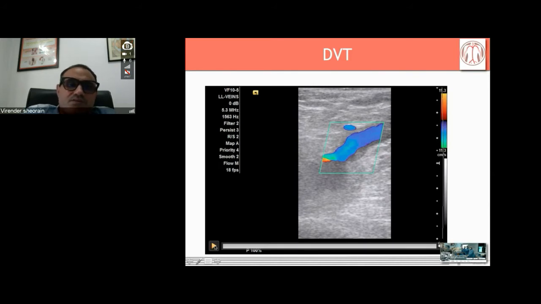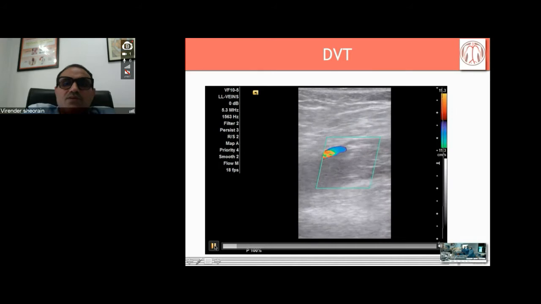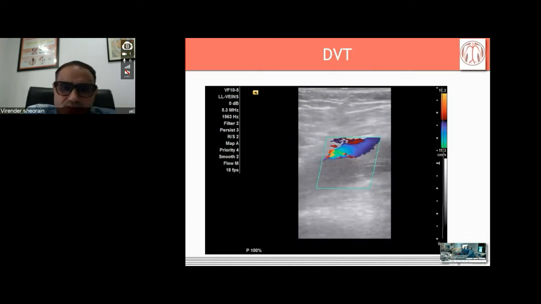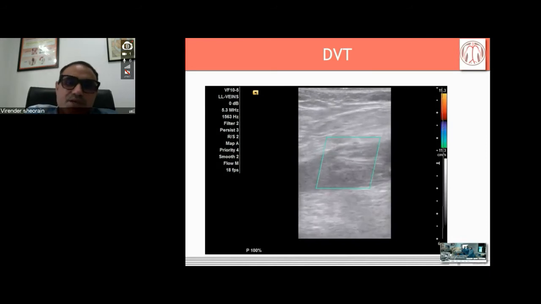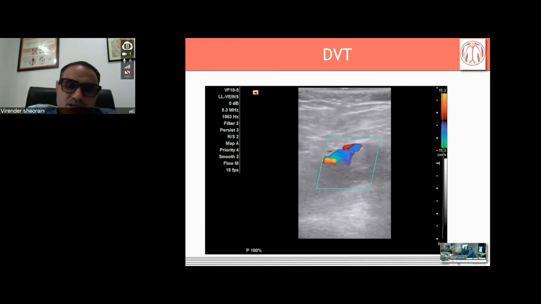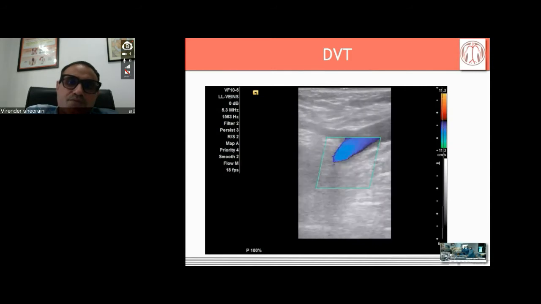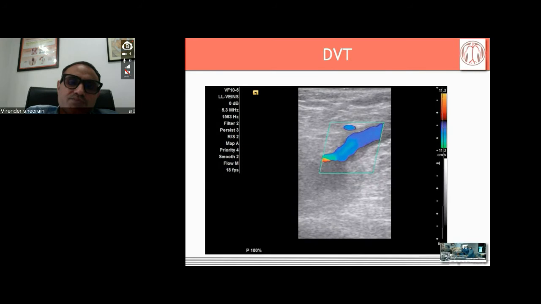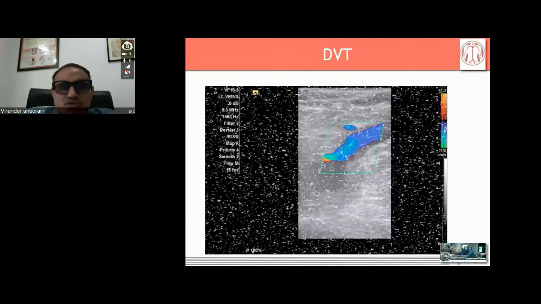So the deep vein is studded with echogenic material, which is basically mixed hyper- and hypoechoic. And then you see the artery, which is beside, and the superficial vein, which is flowing, and then there is no flow into the deep venous system. So it's basically flowing through the other collaterals. So this is a case of deep vein thrombosis, most likely subacute.